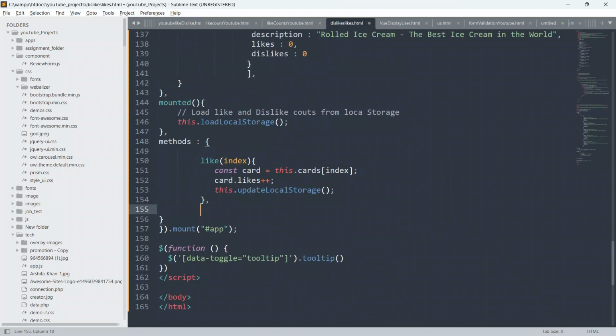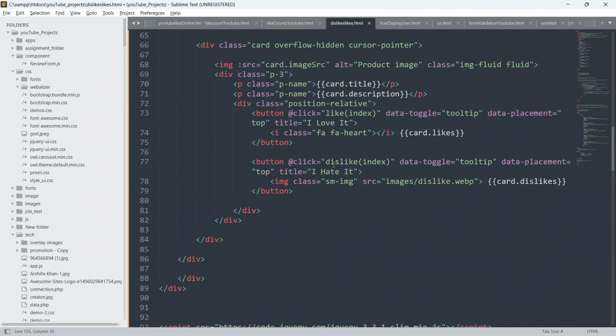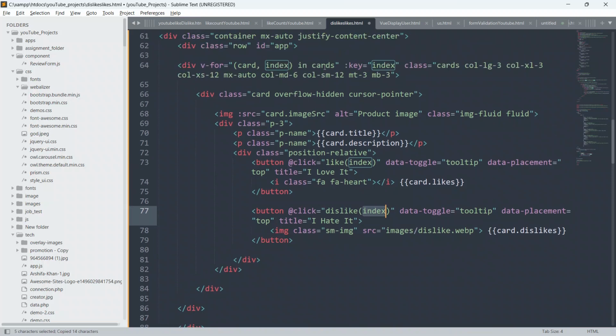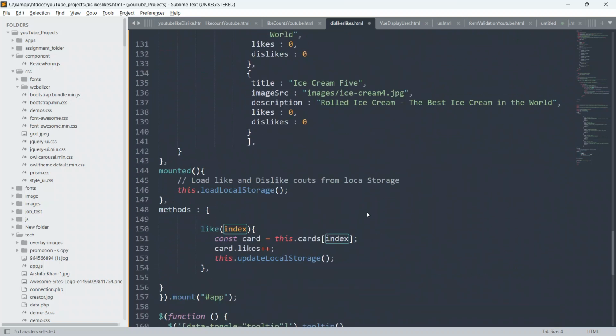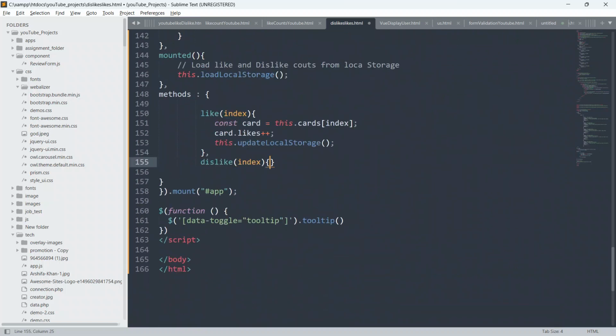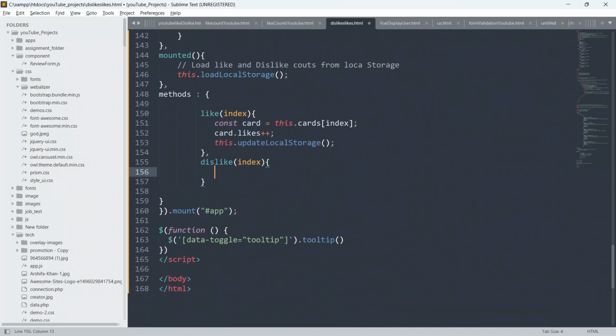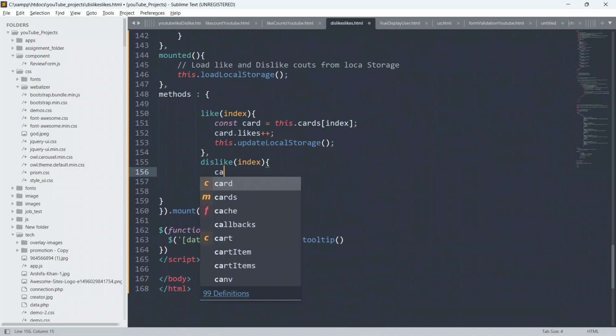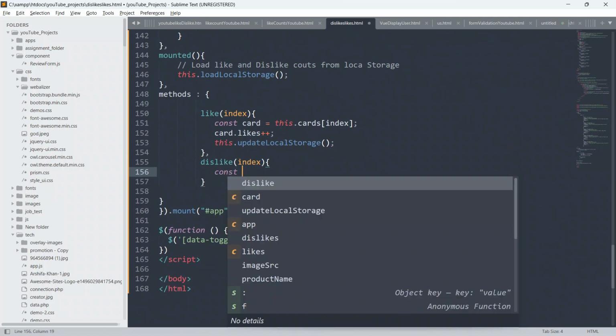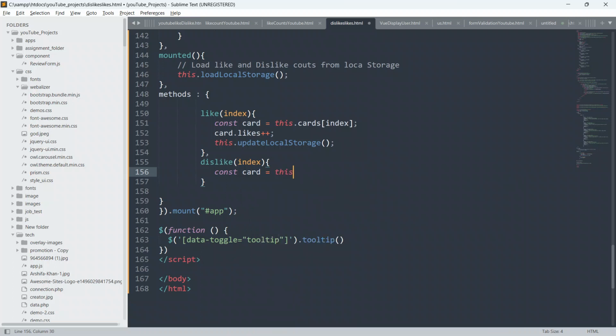Put a comma and just copy from here, so that you will have some confidence also. As you can see, I am passing the index in this dislike method also. Paste it below, give open and closing curly braces, and we will say const card equal to this.cards, passing the index here also.